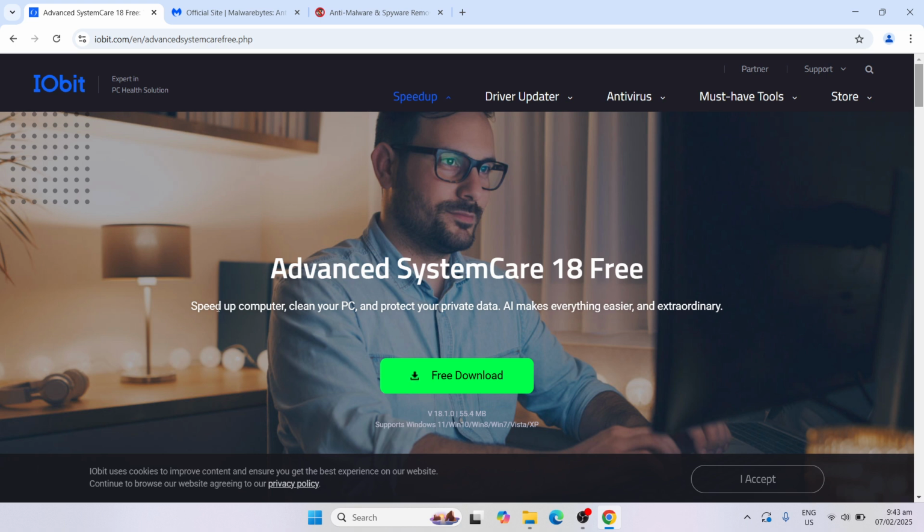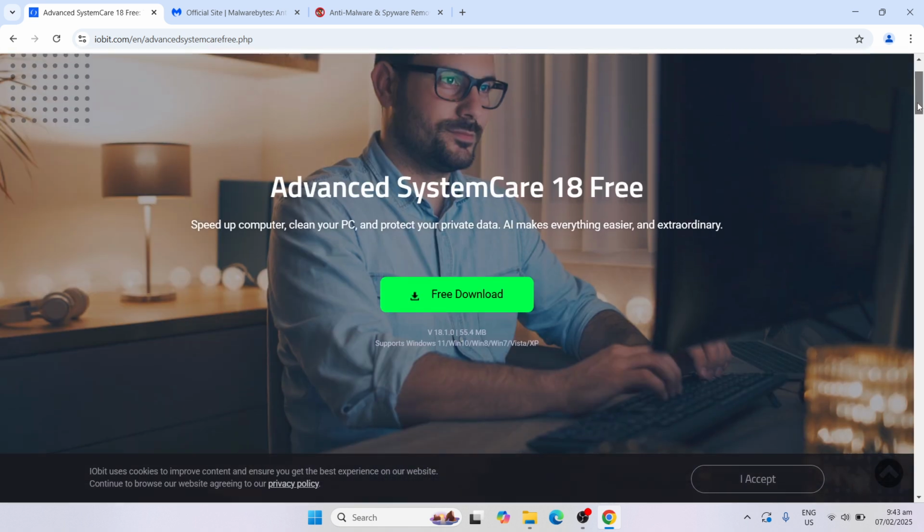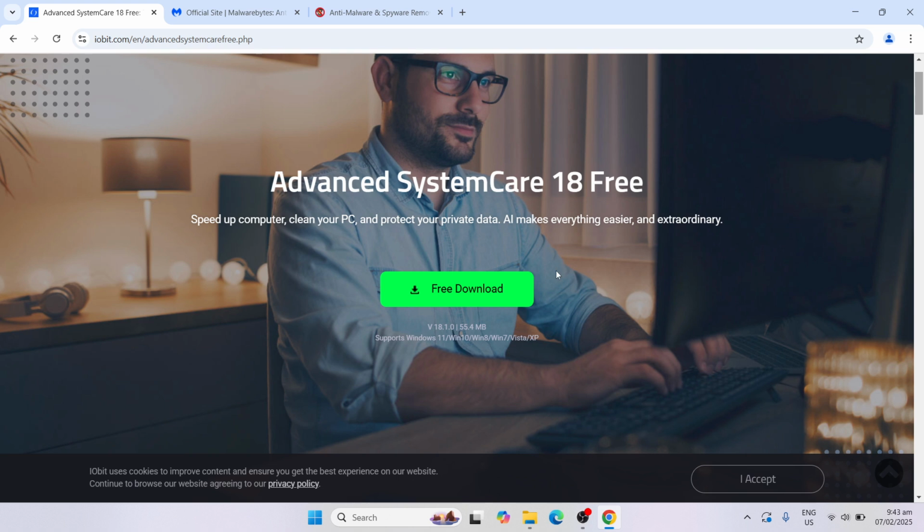So this will speed up your computer, clean your PC, and protect your private data, and it will just make everything easier. One more good thing about this is it's free. So once you download it, just click that and then run and install. And once you install it, just clean up your computer. And once done, just restart your computer and go to